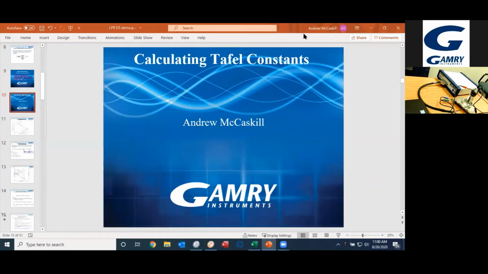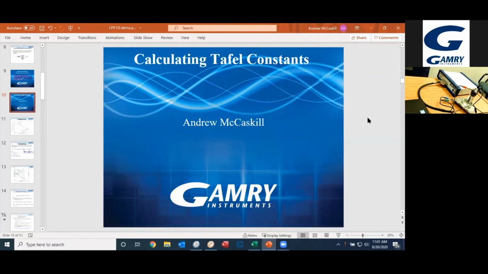So, you can use LPR and polarization resistance, what I'm referring to in case you're new to that. And you can very quickly come up with a polarization resistance through the experiment, and you can calculate what your corrosion rate is going to be. But to do that as accurately as possible, you need to know what the Tafel constants are for your specific